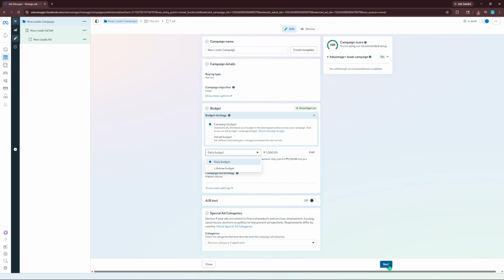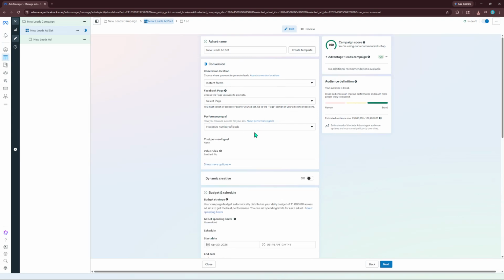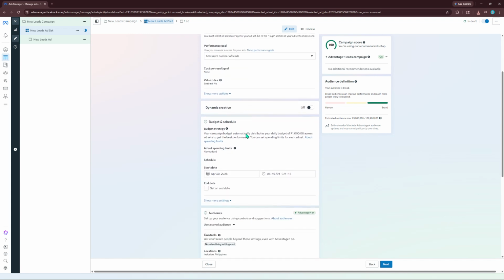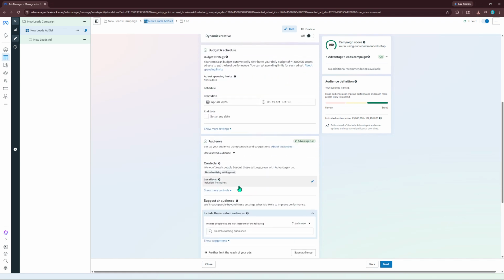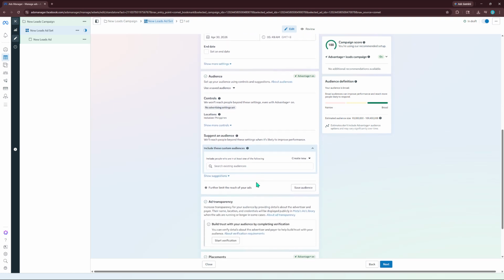Next, you'll move on to the ad set level, where you'll define your audience. This is a crucial step because reaching the right people can make or break your campaign. You can target users based on demographics, interests, or even behaviors. Take your time to refine your target audience to ensure your ads are shown to those most likely to be